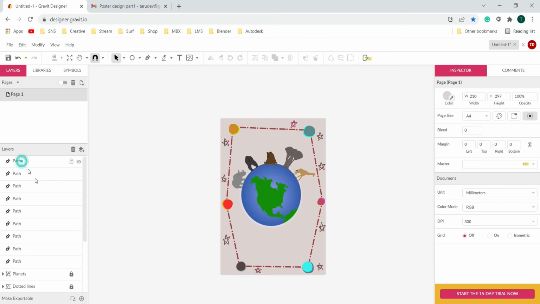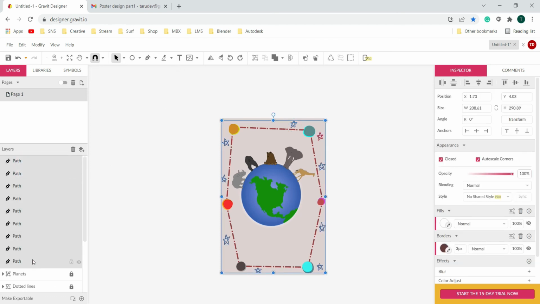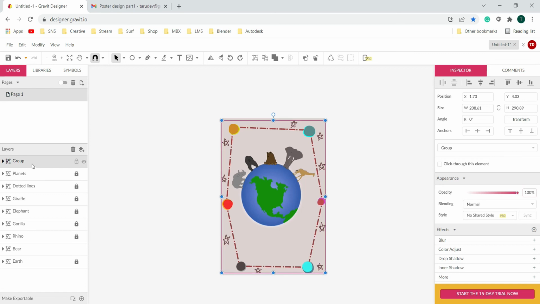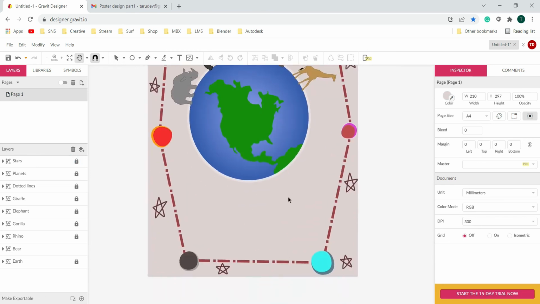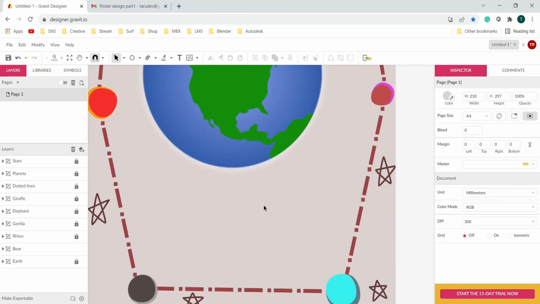before that, let's organize our layers panel, and I'm going to select all the elements, and let's group it. Control G, and we are going to call it stars. Perfect. Let's lock this up, and onto which finally we are going to add